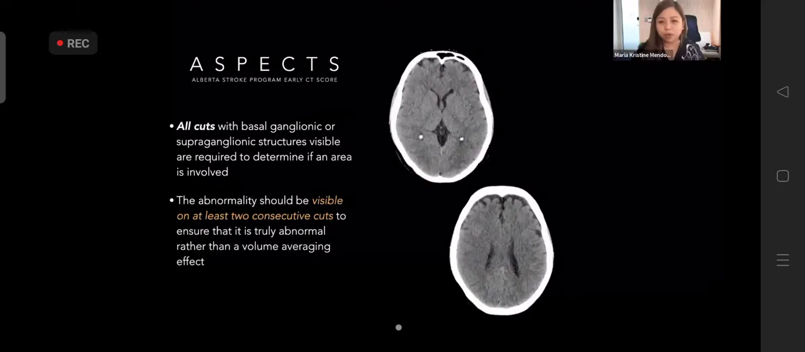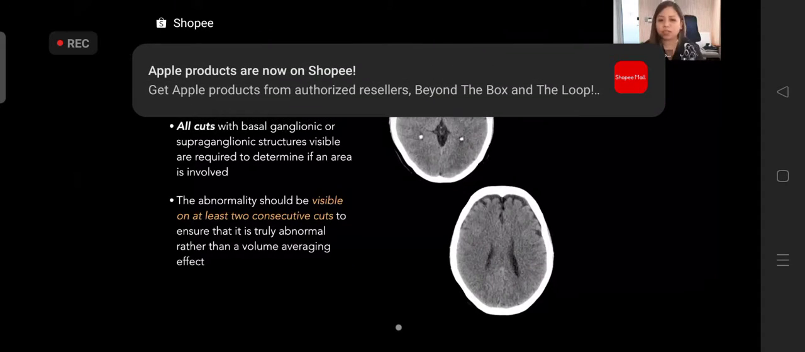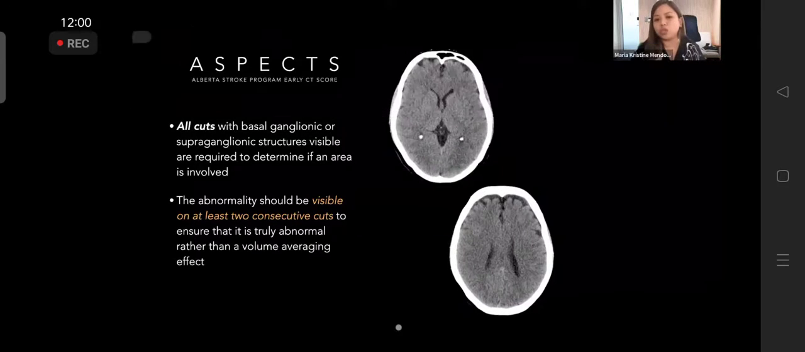How do we evaluate aspects? We have to remember that you do not just get two representative cuts for the ganglionic and supraganglionic structures. We have to evaluate all cuts wherein we can still see the structures to determine if an area is indeed involved. And it should be a practice that before you could really say that there's an abnormality, this abnormality should be visible on at least two consecutive cuts